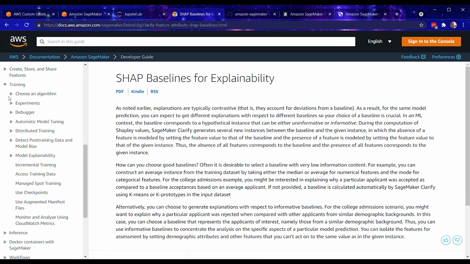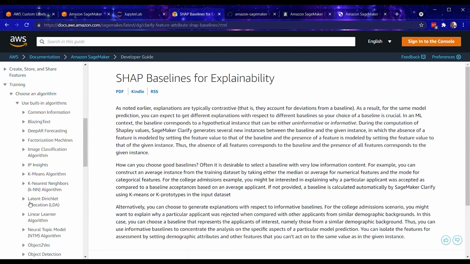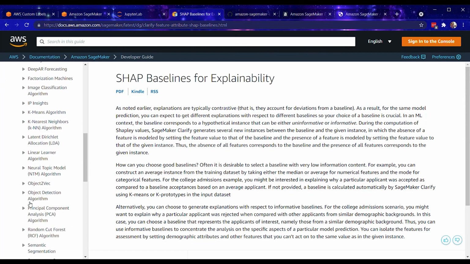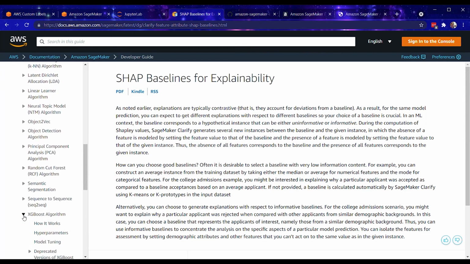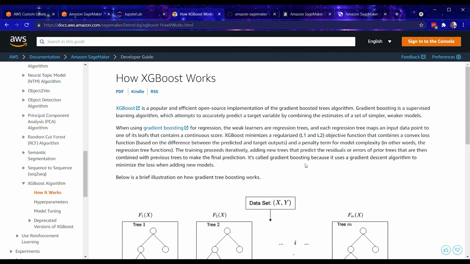So let's say you found XGBoost as the top performing, so that was what Autopilot told you: hey, this XGBoost model was your best candidate. And you're like, okay, well, how does XGBoost work? Let me understand what this actual algorithm does. Again, that's all in the documentation. So you can take a look at that.